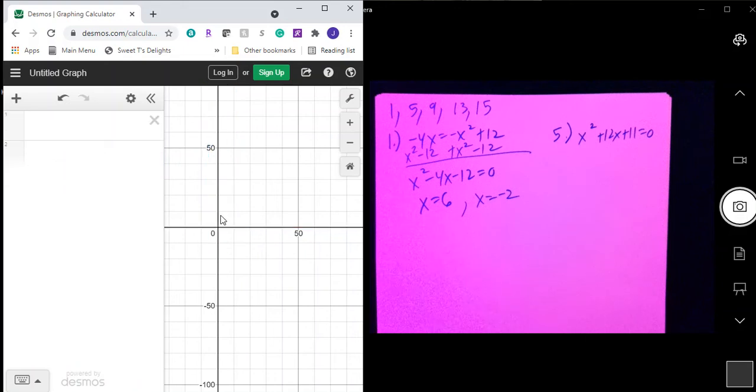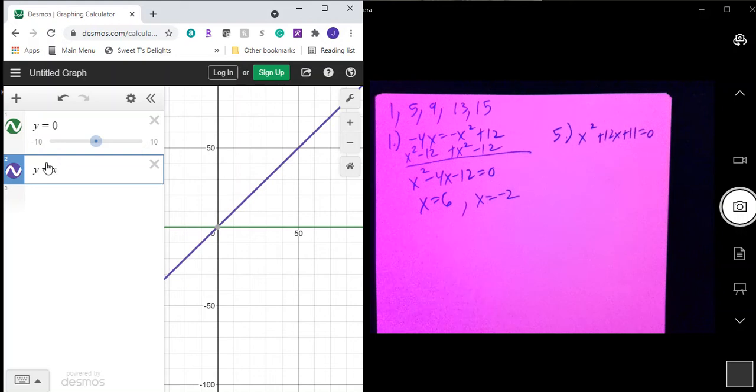One approach we could use is what we just did here. First, this is already set up in standard quadratic form. So, what I didn't explain with problem 1, let me explain with number 5. If you set y equal to both sides, then we could easily find the answer by the intersection points of them on a graph. So once you set it up in standard form, you would set y equal to this side and y equal to the other side. So we would have y equals 0 for one, and then we would go down here and have y is equal to x squared